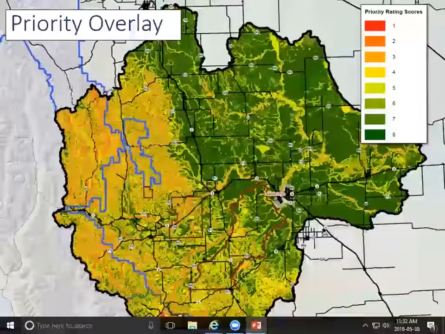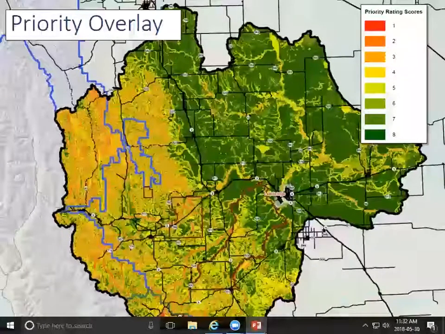But at the end of the day, we chose sort of a heat map approach for this map, where those areas that are red, orange, yellow had the highest scores across the greatest number of those landscape values. And then as you moved into the light greens and greens, those are typically areas that are flatter, agricultural, and have less